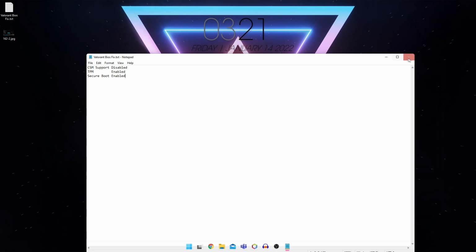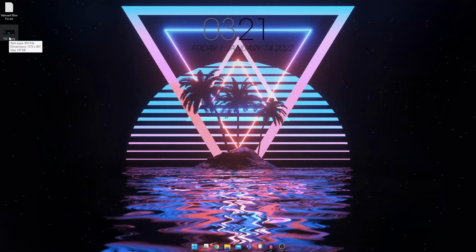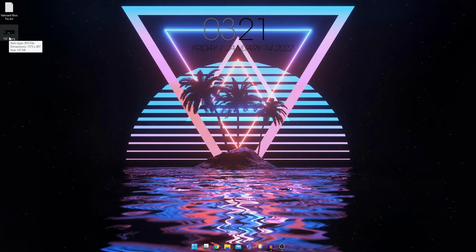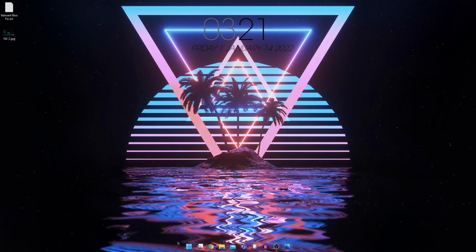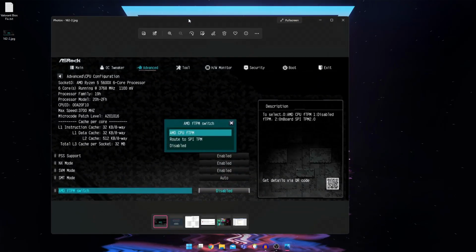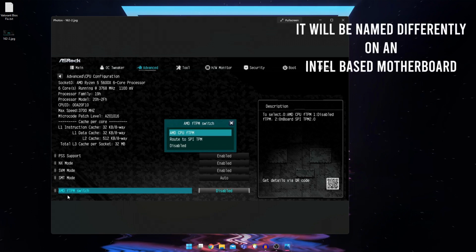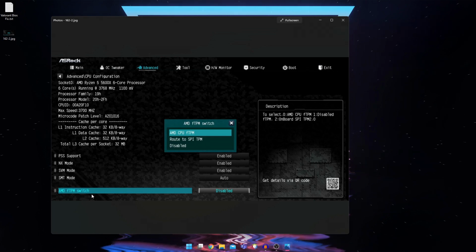I have a screenshot here. I can't go into my BIOS because I have to turn off my PC and my recording software will not work. So I have a snapshot right here of my BIOS. You can see I'm using an ASRock B450M, and it says AMD FTPM switch. Mine is an AMD motherboard, so it says AMD FTPM, and you can see it says disabled. So you just go and turn it on. You change it to AMD CPU FTPM. Once you've enabled it,